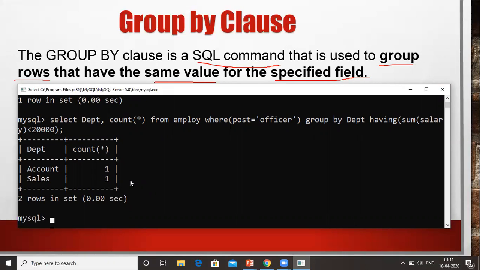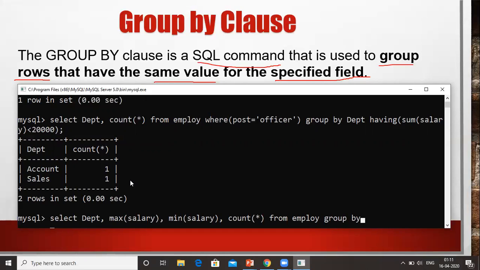Let me show you one thing. Suppose I write select department, comma max salary, comma min salary, comma count star from employee group by department.